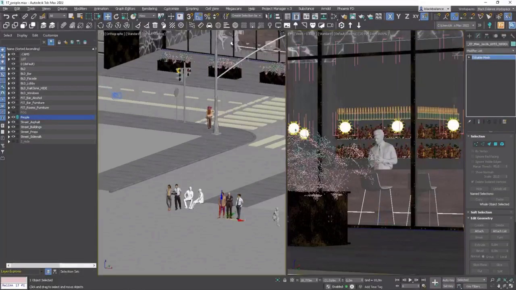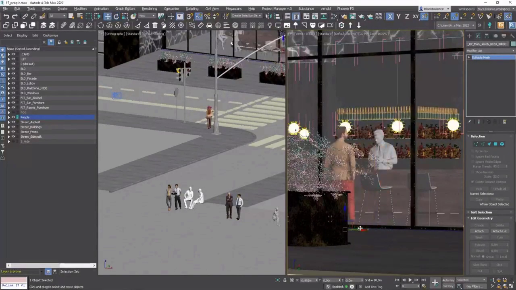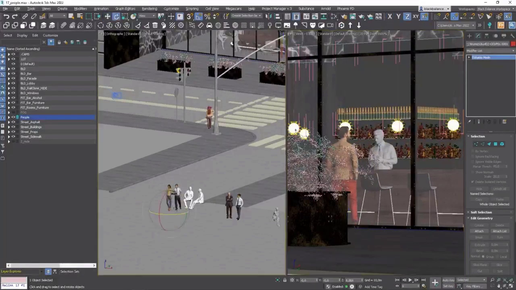We can use this gentleman. I will position him in a way that he looks like he's looking at the waiter and is ordering something. Let's place this woman somewhere in the back to add depth to the space as we have done before.